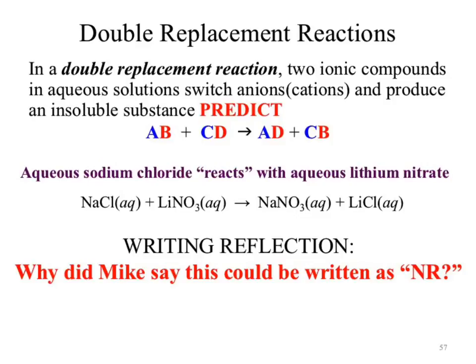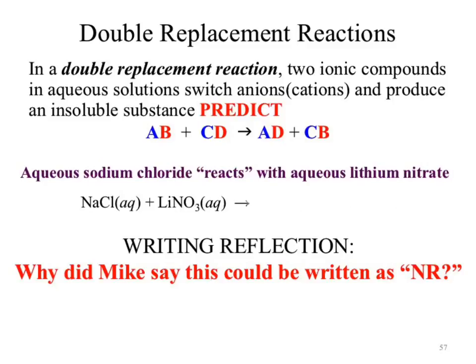Okay. So they're all aqueous, which means no phase change. No phase change means no chemical reaction. So we could write it as NR. Okay, so that was like when you see that they remain as an aqueous phase. Yep. Which then begs the question: if you were just told to predict the products,